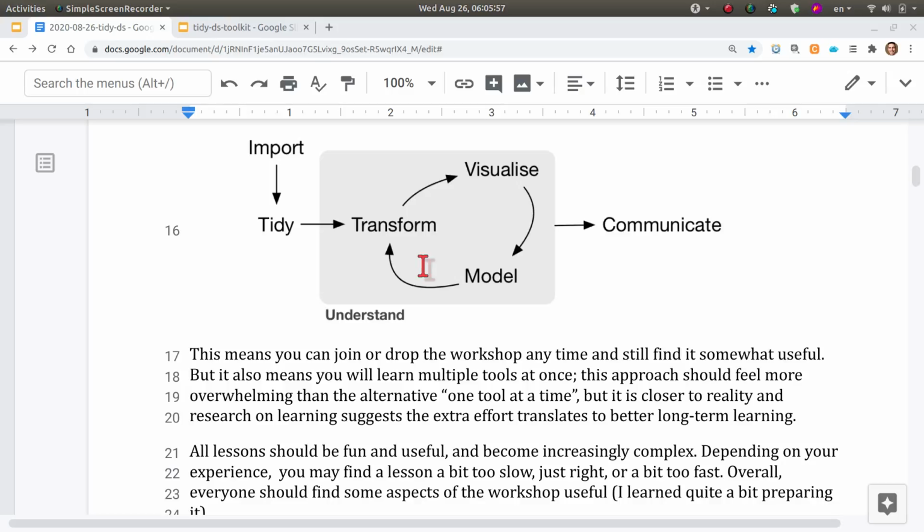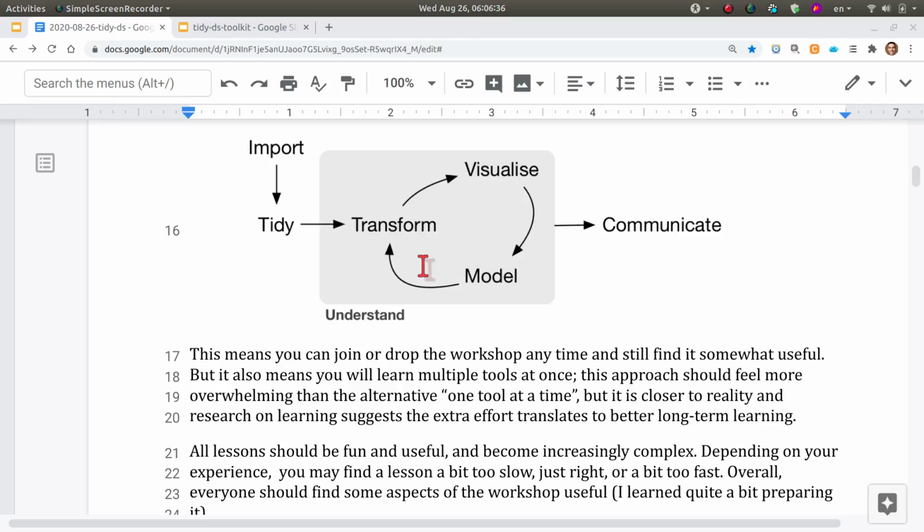So this little image here shows succinctly what data science looks like. What are the tasks that we do when we do data science? Basically, we import the data. We sometimes need to restructure that data in some way so that it's easier to work with. And then we enter this gray shaded area that involves transforming the data, for example producing summaries, and then visualizing it in a meaningful way so we understand what's going on. Maybe producing some kind of model, maybe a linear regression or something like that. And once we are ready, we communicate our results in some kind of report.